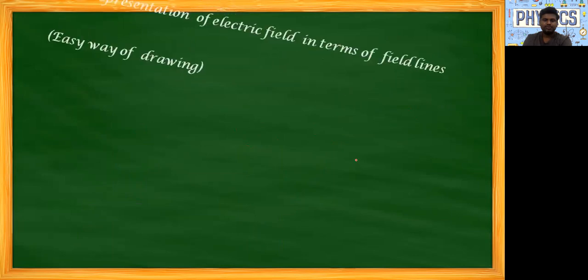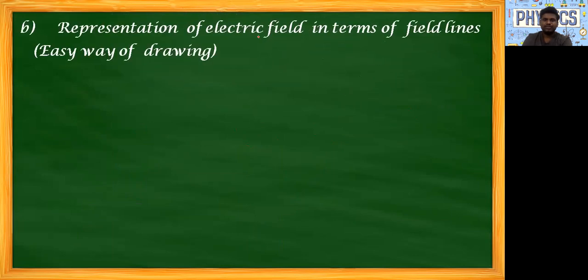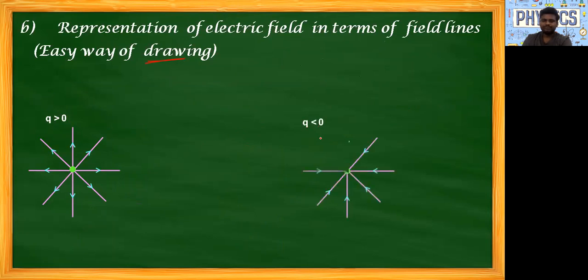Okay. Next, in a more simple way, the representation of electric field lines in an easy way, we are representing in the below diagram. If you see here, same, the charge Q is greater than 0, that is positive. So this is the representation of electric field lines. Simply we can represent in arrows. Next, if you take Q less than 0, this is radially inward. This is the simple way of representing electric lines of forces.